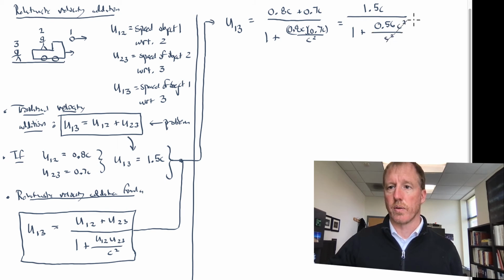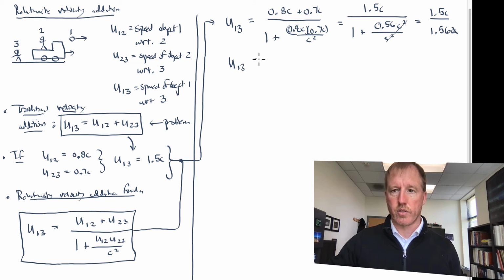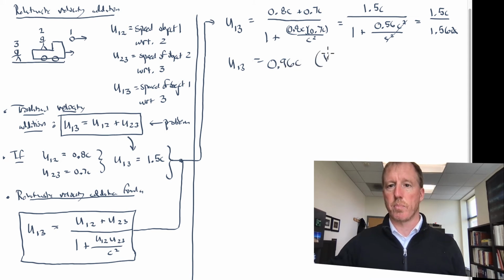Those cancel, so you get 1.5 c over 1.56 c. I'm sorry, 1.56. Okay, and so u13, when we do this, I did this calculation, 1.5 divided by 1.56 ends up being 0.96 c. So notice that the baseball's speed does not